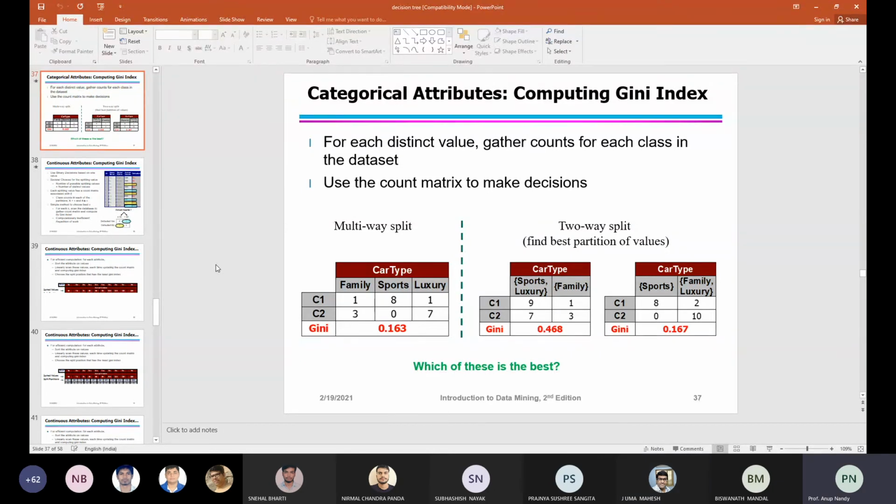So that's why it is called the goodness of split. The test condition that you will have to choose, and the best criterion that can be used to determine the goodness of a split. This is the goodness of a split, because in statistics there is goodness of fit. Here it is goodness of split.